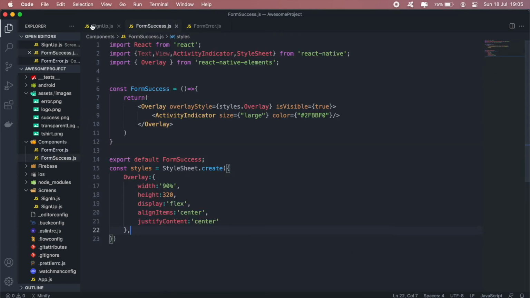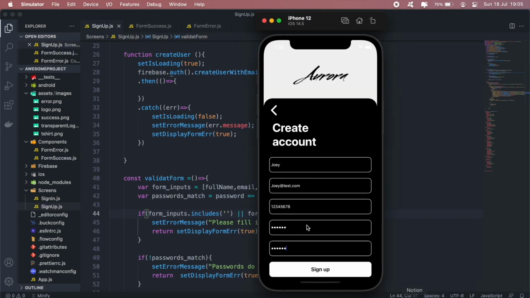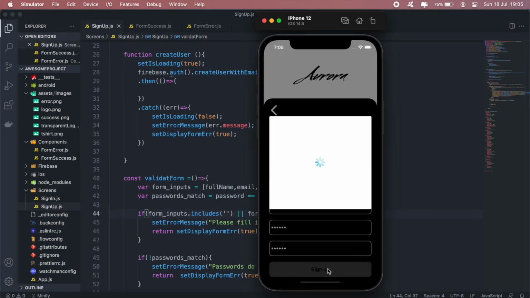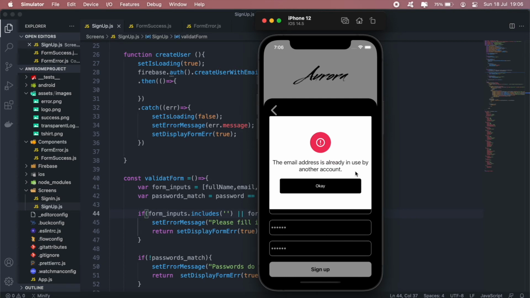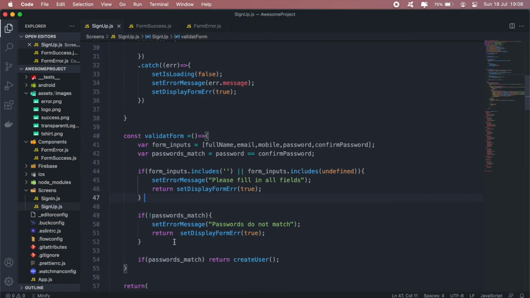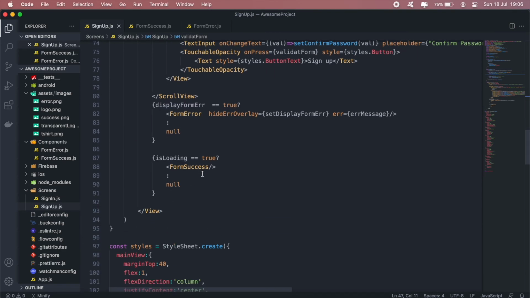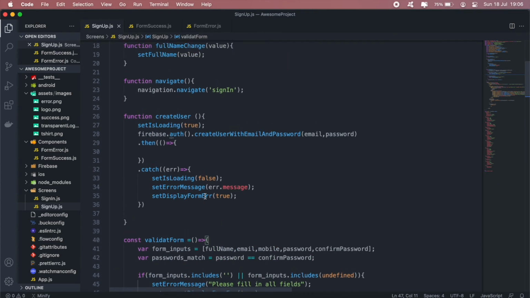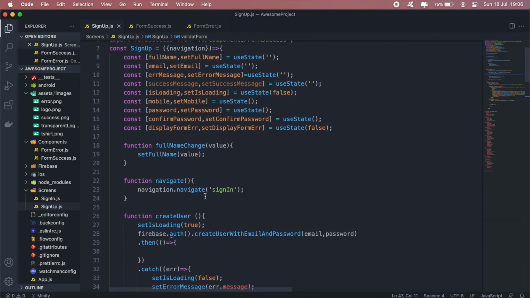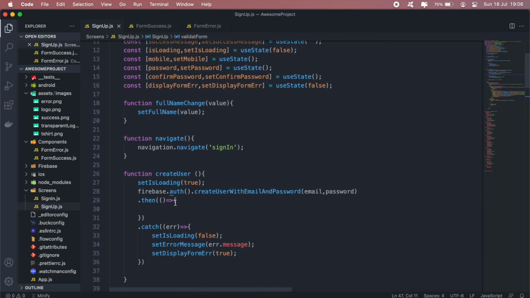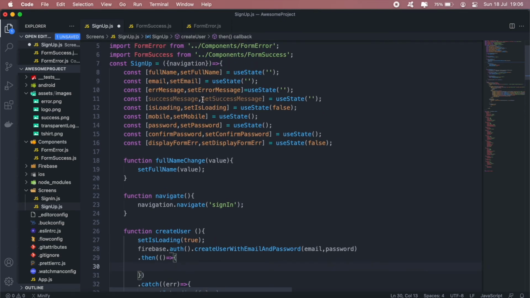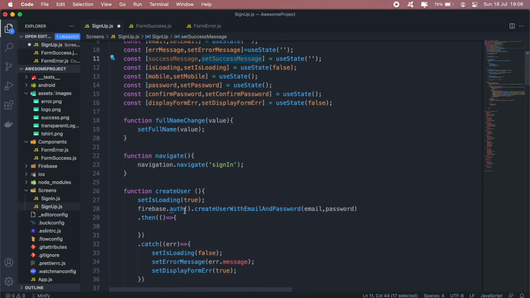Okay, so what should happen when the user taps sign up, by default we'll have our loader, and then if there's actually an error that appears, then it will display the error. And then if the user is successful, I guess we should pass a few props. Let's see how we do this. Okay, so if it's actually successful, the user has been created, we'll just say set success message to,